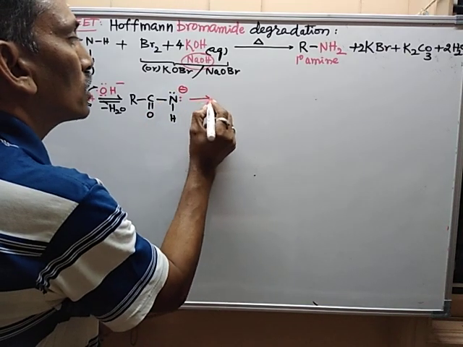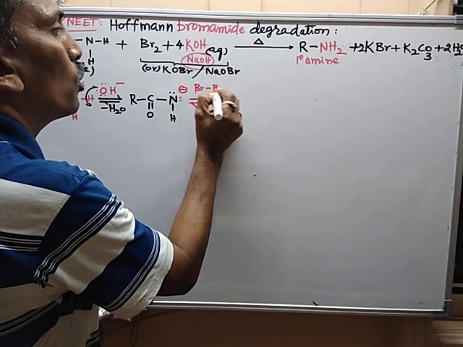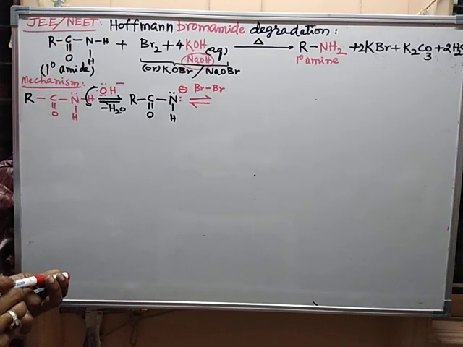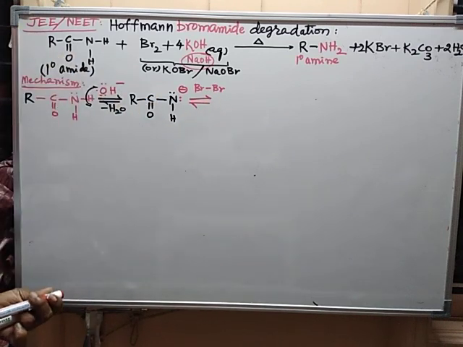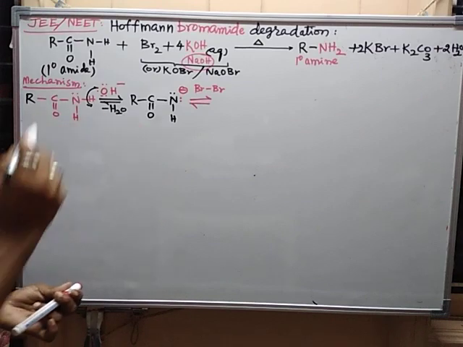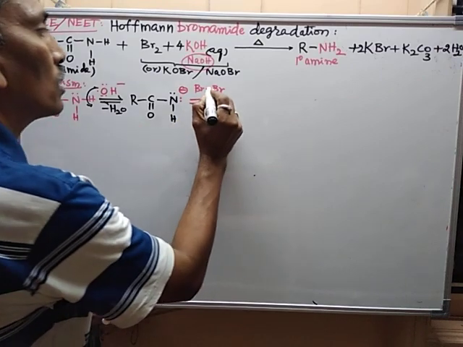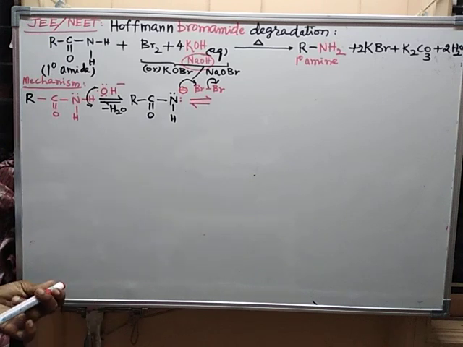This negative charge is ready to polarize a non-polar molecule. Non-polar is induced by the anion, so induced dipole attractions are there. This is shifted here and this attracts the Br plus part. Then you will get